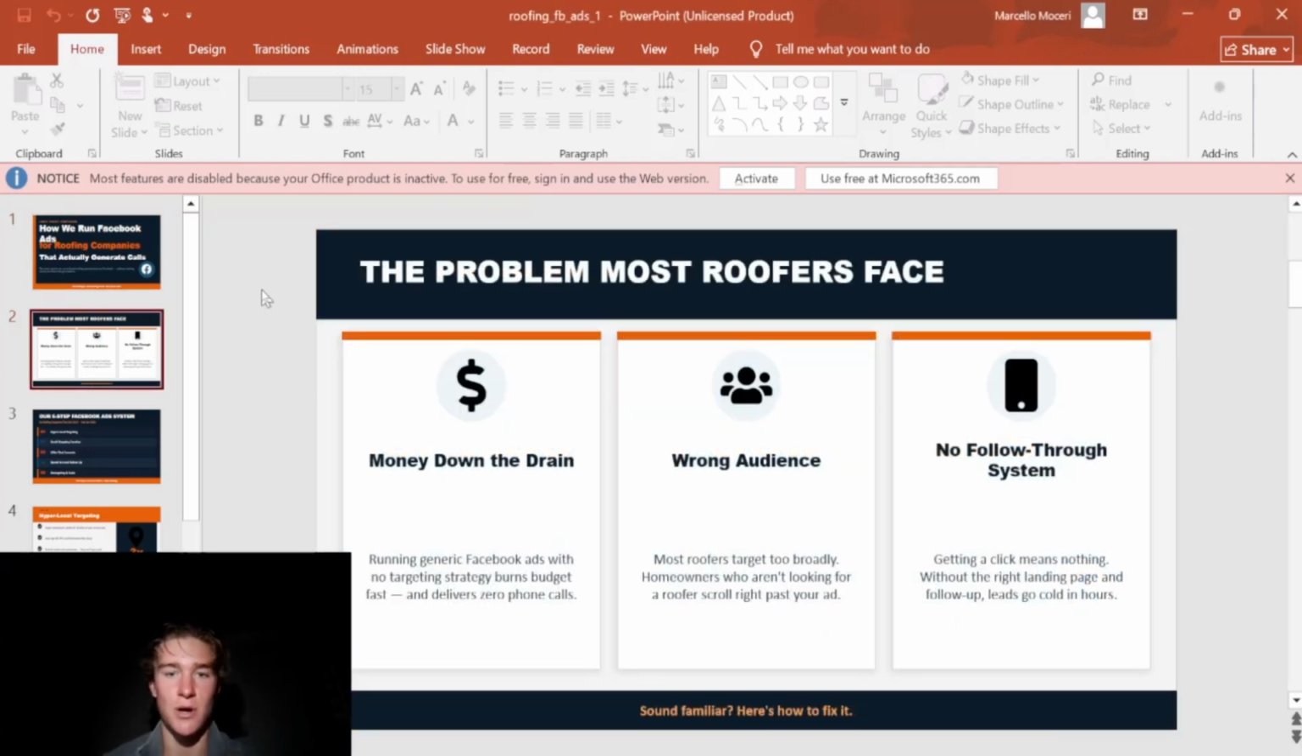So here's the first problem most of you roofers face: you guys are throwing money away, putting it into your daily ad spend and not getting any actual results. And most of you guys are actually targeting the wrong audience. Maybe it's cheaper prospects, cheaper homeowners, just straight tire kickers. And you have no follow through system. So maybe you have leads coming into your email, your text messages, but you're actually not converting them at all. And most of them don't respond to you because you don't have a proper follow-up system in place. So I'm going to break that down for you guys and go in full depth on the rest of the